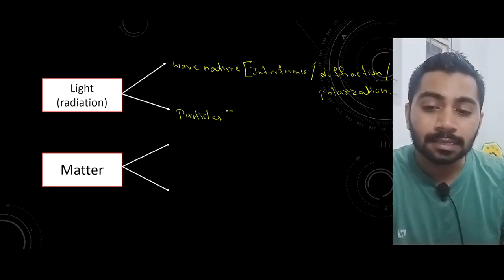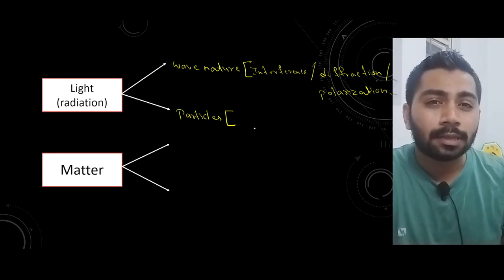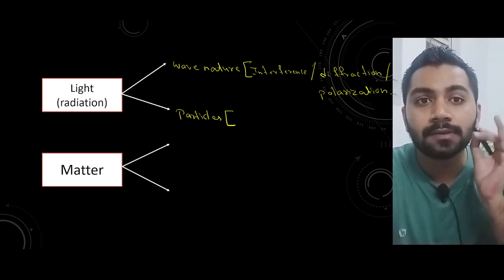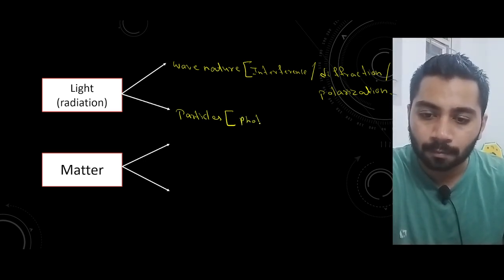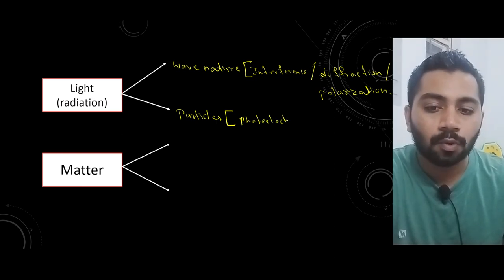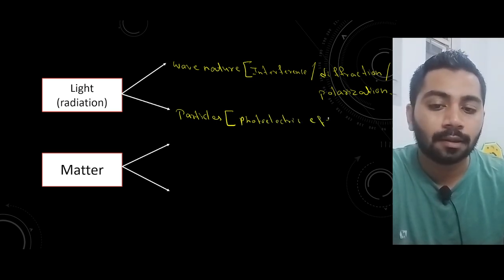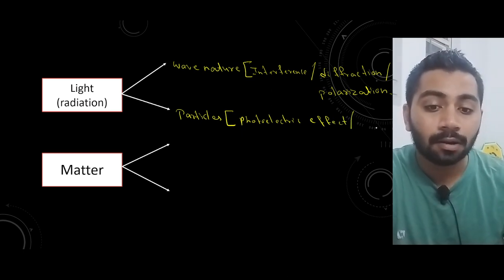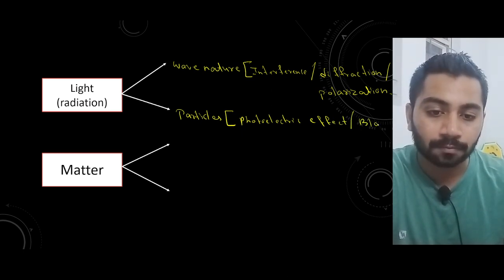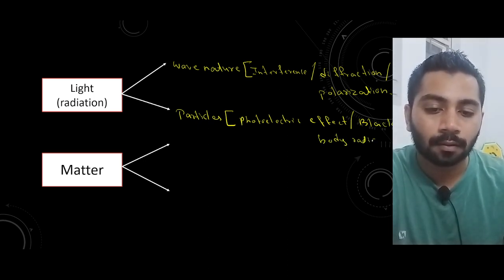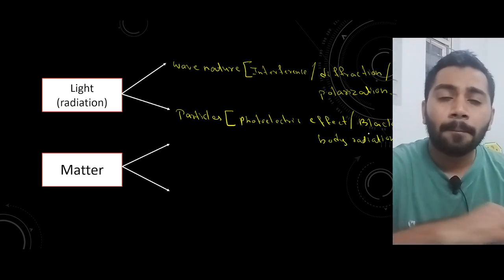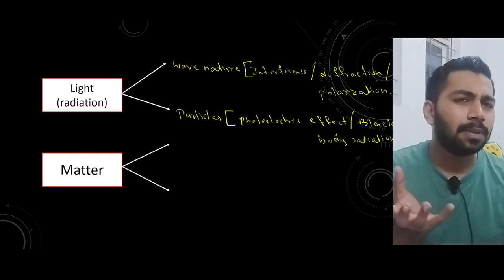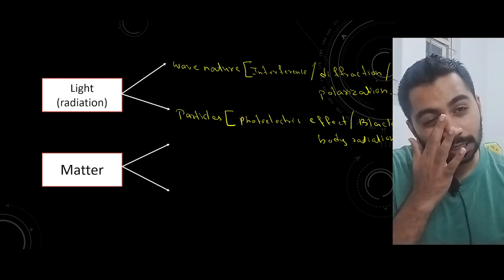And this was proved by two methods. Basically for your syllabus, this was proved by two methods, and one of the most important things is the photoelectric effect, and black body radiation. By these two methods, scientists proved that light travels in the form of particle too, and we will discuss deeply what this is by photoelectric effect and what this is by black body radiation.